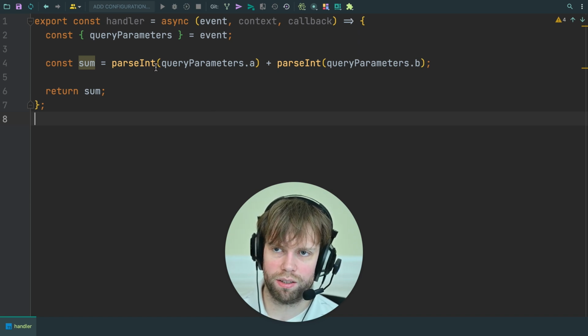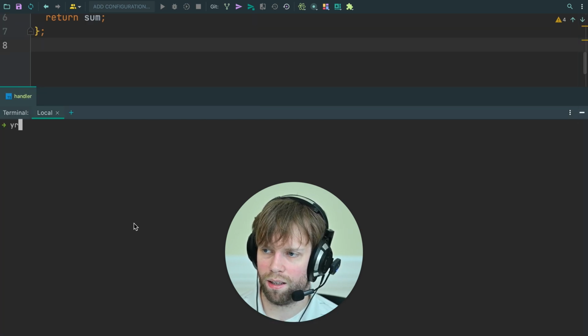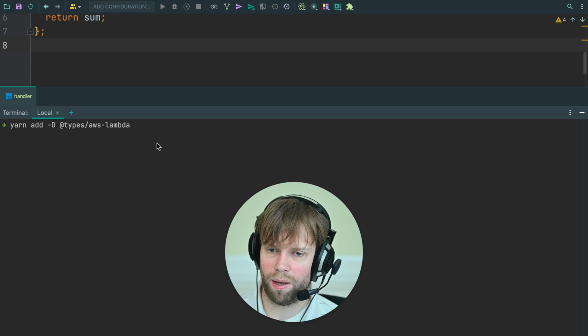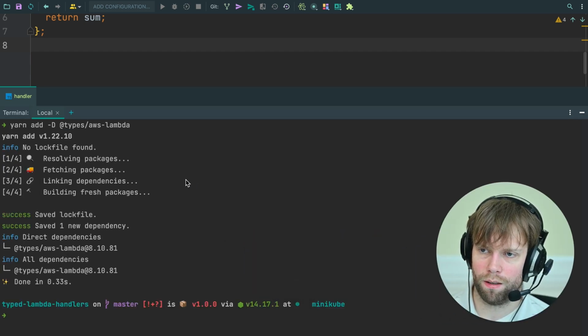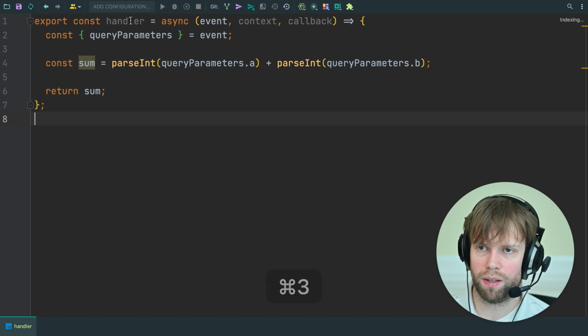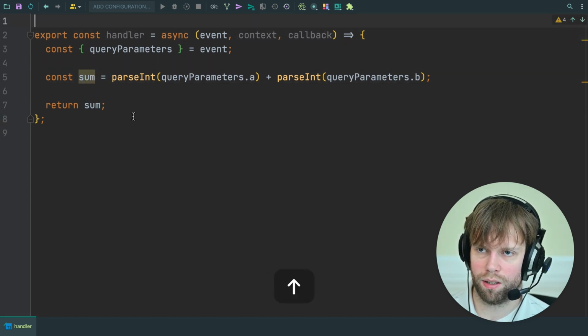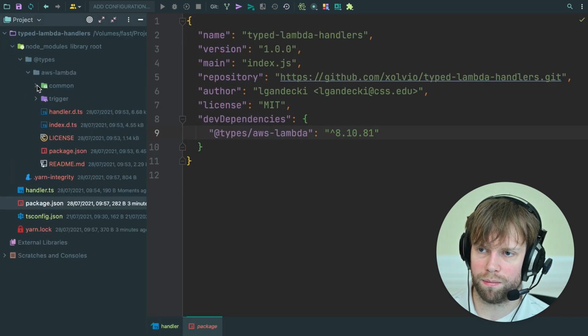But as I said, there's likely a much better way, and to do that we'll install a package called types AWS Lambda. You can just add it as a dev dependency because it will not be used at runtime. And then what you do is, in the AWS Lambda,